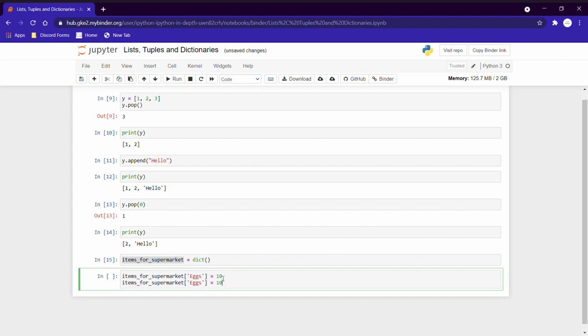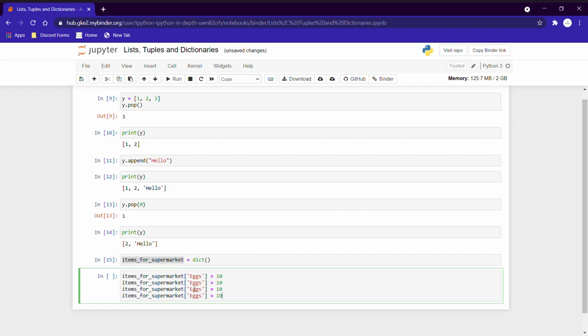Now we can copy paste this for say 4 items. Say you need 4 items, and then bread, milk, and say sugar, because you're making a cake. Now bread isn't that costly, milk is a bit more costly, 29, and sugar is the cheapest. We're going to keep that 2,